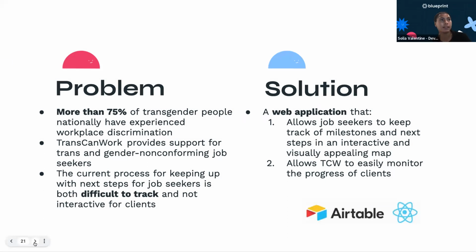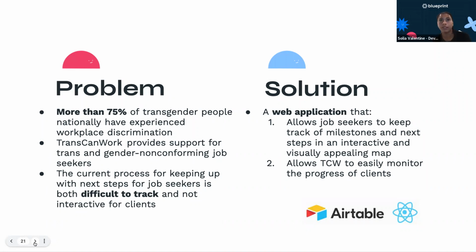Awesome. So basically the main focus of Trans Can Work is to combat bias against transgender and gender non-conforming individuals in the workforce. Over 75% of transgender people nationally have experienced workplace discrimination. This bias also manifests itself in disproportionate earnings, with cisgender people earning 32% higher wages than their transgender counterparts with similar levels of education. So in order to combat this, TCW aims to remedy this by ensuring that companies are supporting their TGI workers through trans-friendly work environments and providing individualized support for these TGI job seekers.